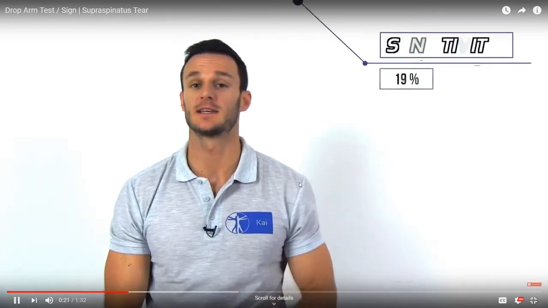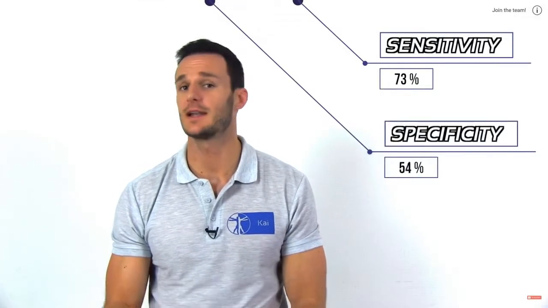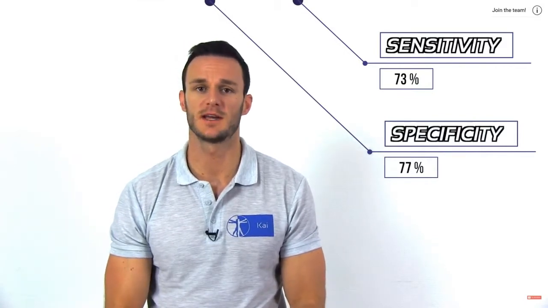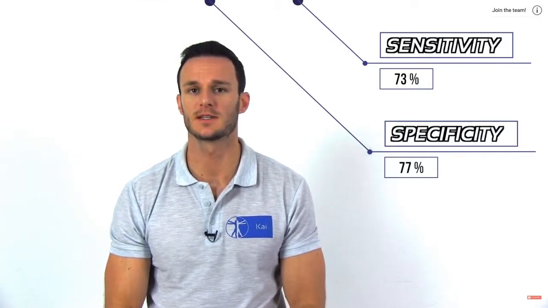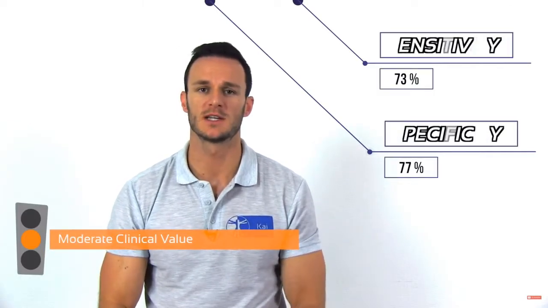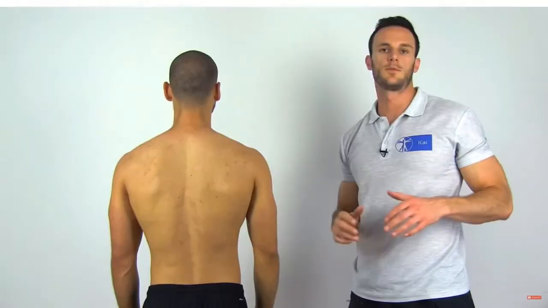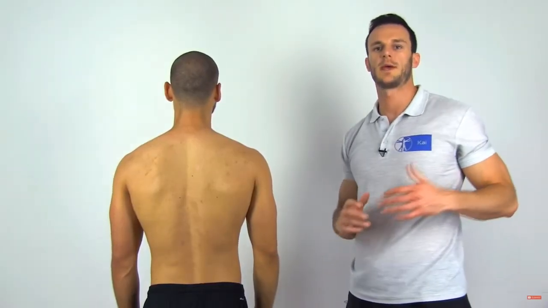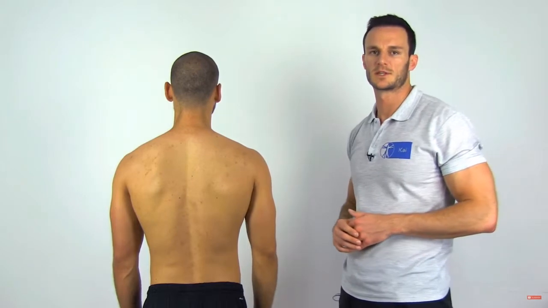In this video, I'm going to show you how to do the drop arm sign to diagnose full thickness rotator. The drop arm sign has a sensitivity of 73% and a specificity of 77% in the diagnosis of full thickness tears of the supra and infraspinatus tendons. The post-test probability of a full thickness tear is therefore only moderately altered, which is why we assign this test a moderate clinical value. To perform the drop arm sign, have your patient in standing or sitting position and bring